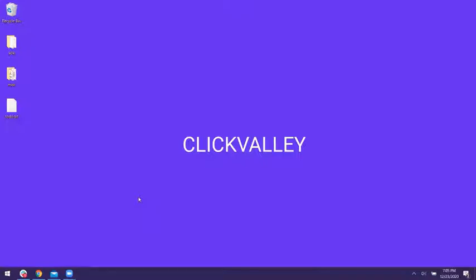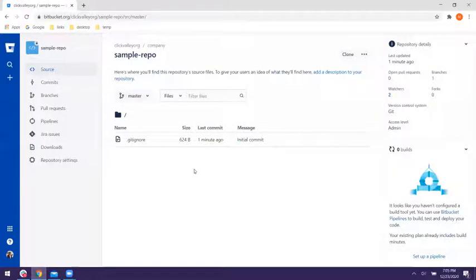So first of all, in order to do that, you need to have a remote repository, maybe on any of the servers like GitHub or Bitbucket or CodeCommit. There are many, TFS. There are many source repository providers. So it all depends on where you place your repository, and then we can start cloning the repository and start collaborating. So for this video, I have created a sample repository here in Bitbucket, and it